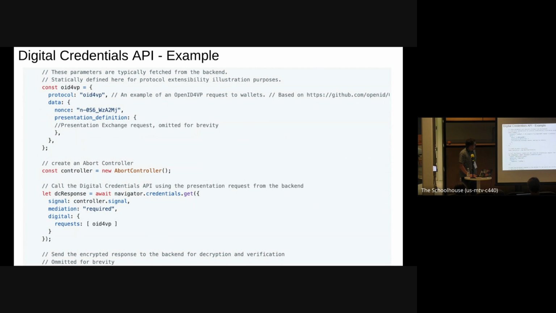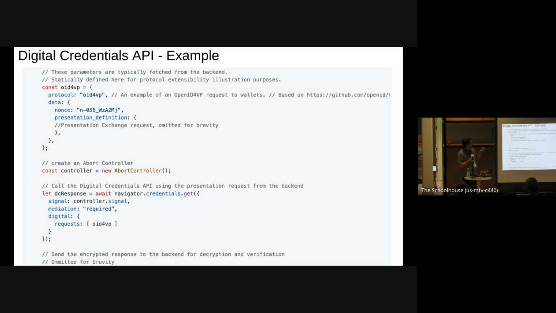Okay, here's a concrete example. This is using the credential management API, the same basic API that WebAuthn passkeys use, as well as FedCM. Because of the principles I described earlier, and because there was a big industry already investing in this space, we intentionally tried to decouple the credential selection piece. The protocol for communicating with wallets is what our interest is in, and then there are existing protocols for how exactly you formulate a query and what the credentials look like that we're not touching.